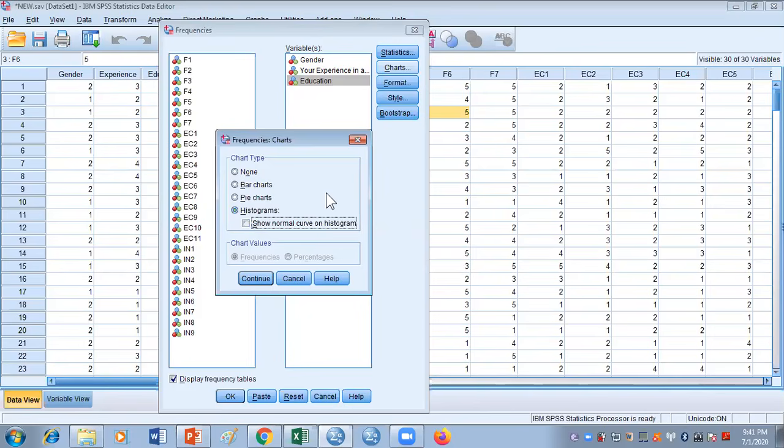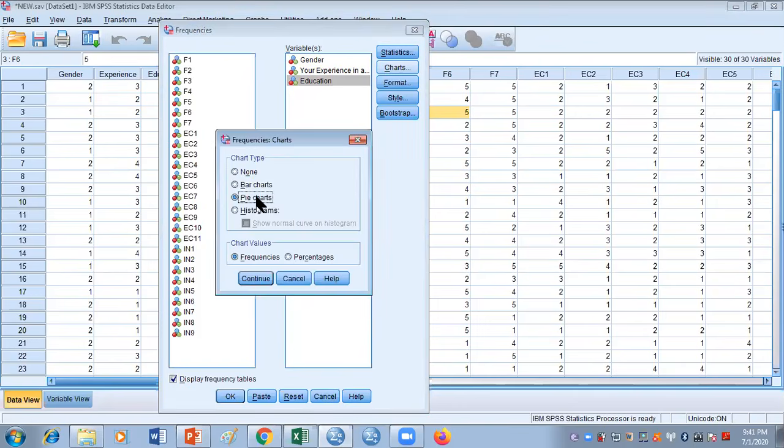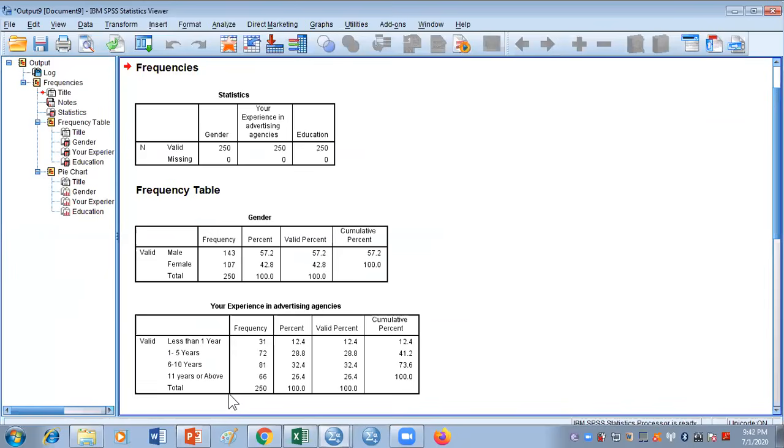So it'll give you multiple options. For now, I'm interested in pie charts, and I want frequencies to be taken as the main value. So I'll just continue. What did I just do? I went to Charts, Pie chart, Continue, and then if I press OK,